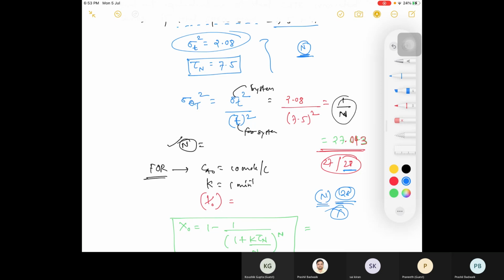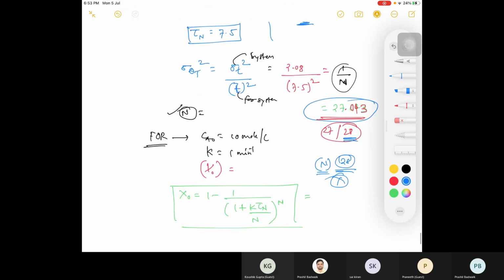So this is just for your class only, okay? For general or real life, or if you go to industry, or if you are doing any experiment in lab, or a final year project, you take it as 28. That's good, but for your exam, take whatever fraction you are getting. Don't merely consider it as a whole number. Okay.